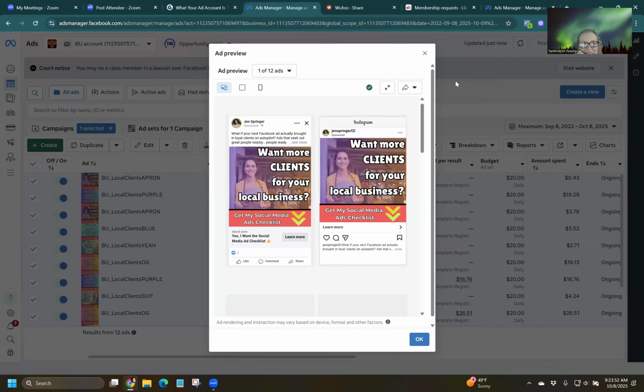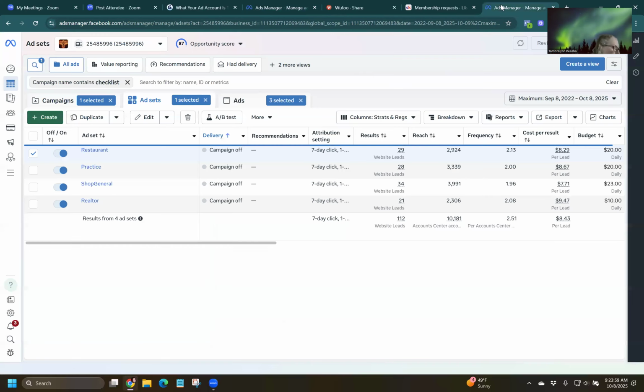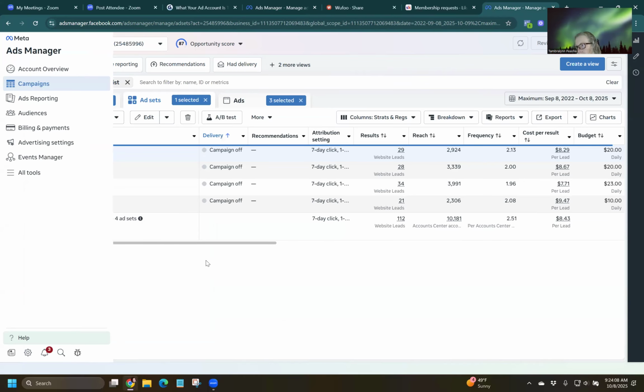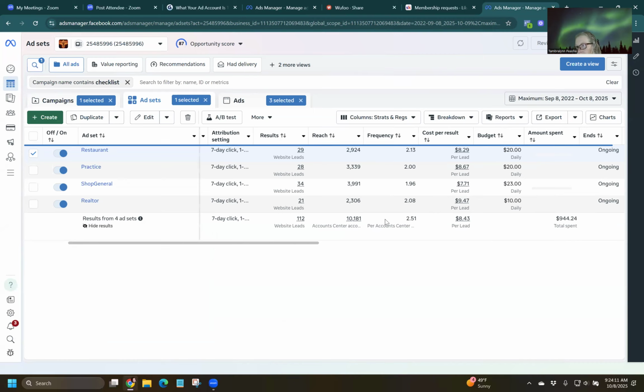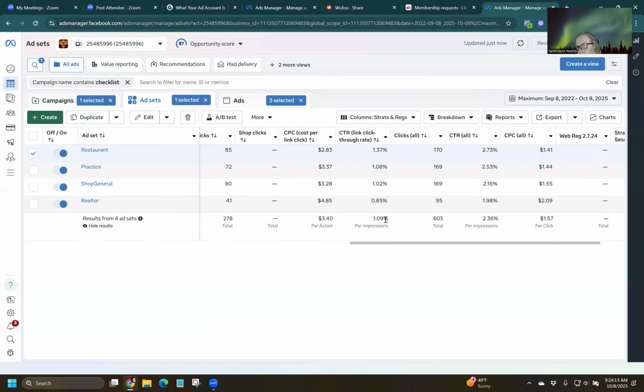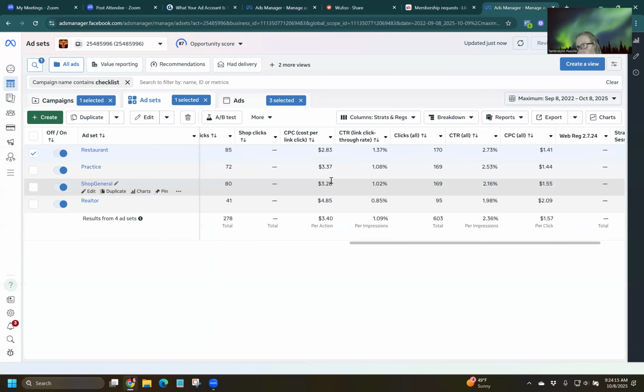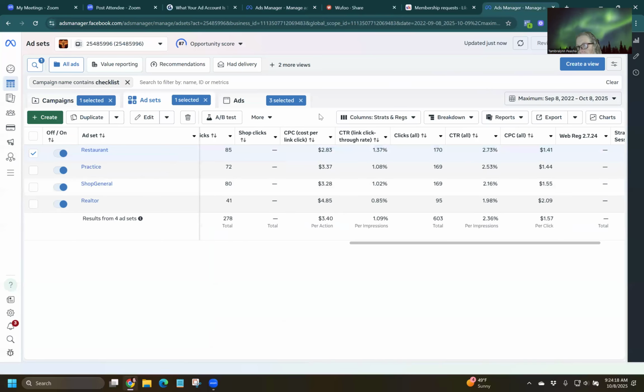I put in qualifiers so that I'm not just getting anybody, right? So it's going to increase your cost per lead. But on this particular account, this is a lead ad, not a lead generation ad where they go to a website to enroll to get a checklist. So that's also going to be a factor in your metrics, which I'll get into in just a minute. I just want to show you that even the ad type, even though you're looking to get leads, can make a huge difference in your metrics as well.